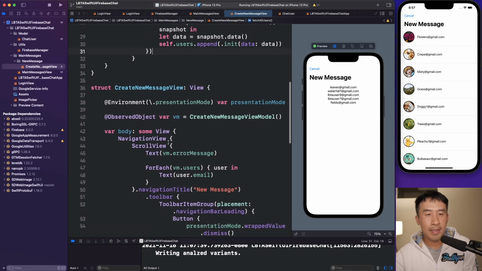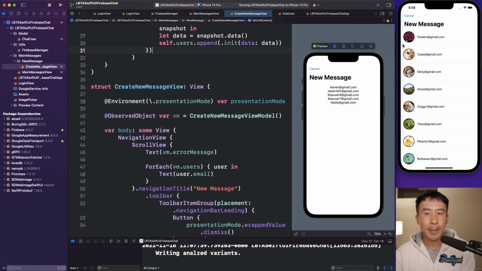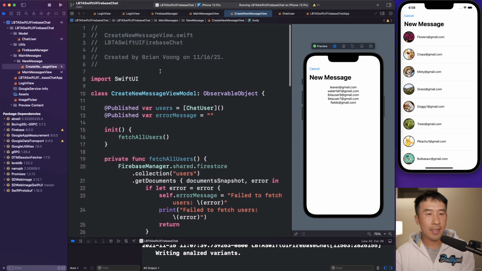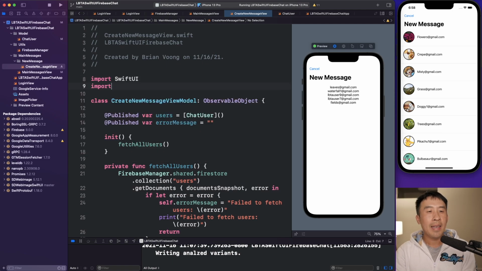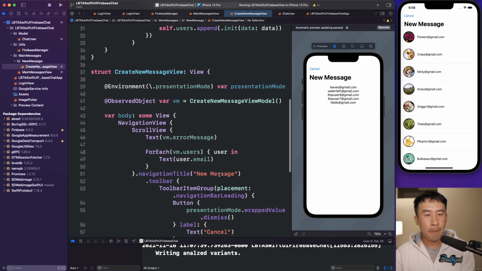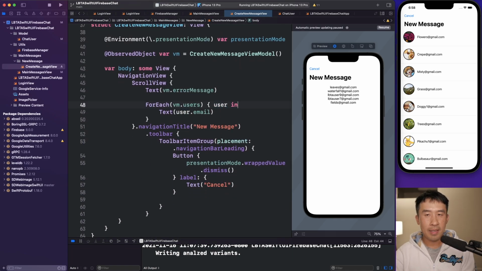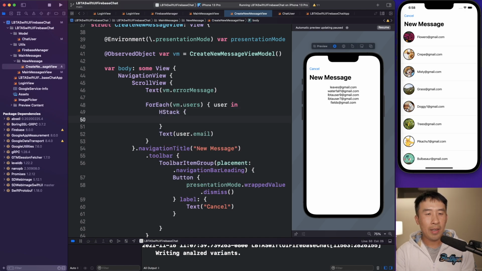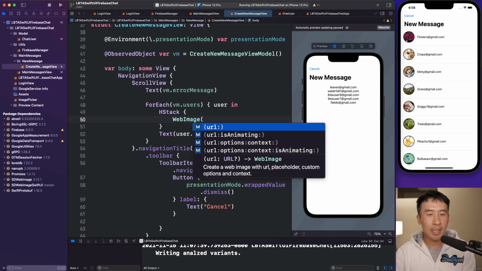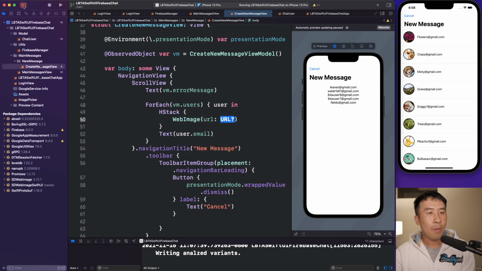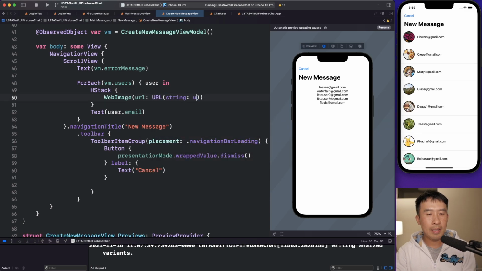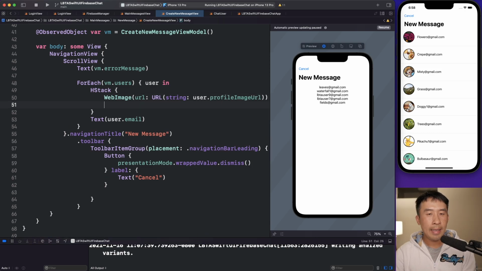The last thing to do is just pretty much UI code here. And this is pretty straightforward. So I guess I'll just show you how to render out the UI. I'm going to use the SD web image SwiftUI for these images here. And hopefully I can render this out correctly. I'm going to use an HStack here. Web image is right here. You need to pass in some kind of URL. Why don't I close out of that guy for a little extra space here for the string. This is the user profile image URL. And this is